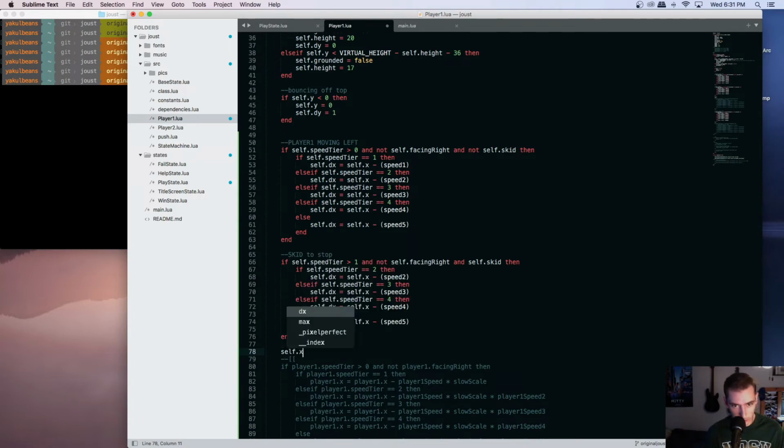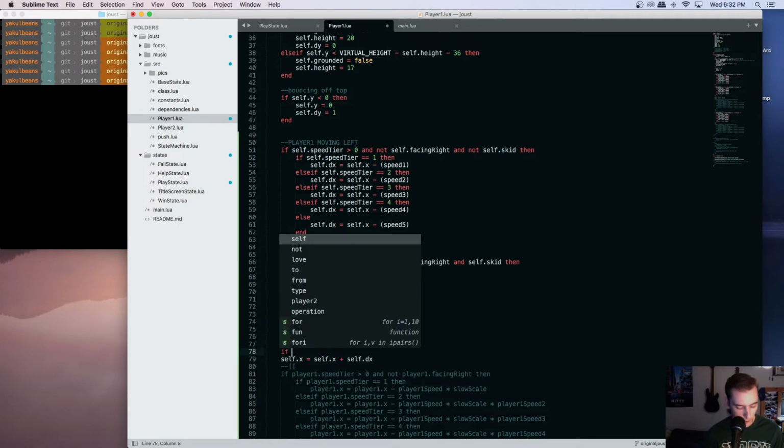So self.x gets its current x shifted by its dx, right? And then we can slowly change that dx to 0 if the skidding flag is true, but we also need to do the opposite, like if